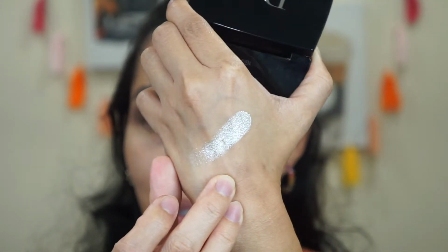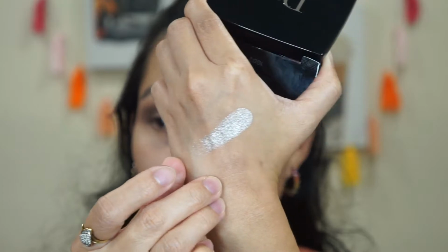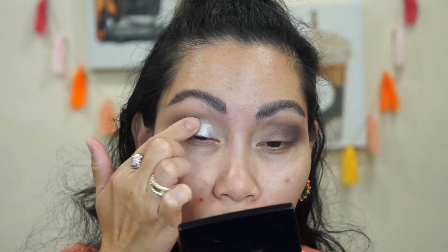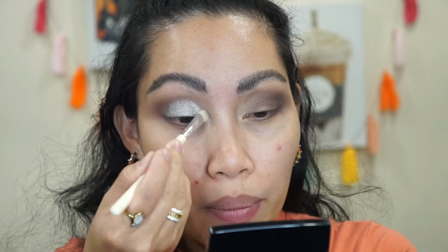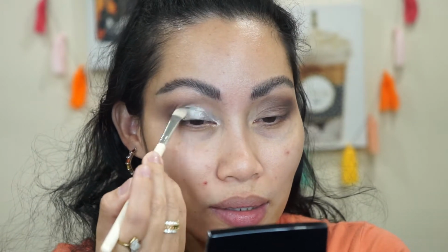Look at that. That is so, oh my god, so finely milled, shiny. Feels really nice. Wow, so I cannot wait to apply this on my lids. So I'm gonna use my finger first. It's what I always do. I'm gonna reapply this silver gray metallic shade with a damp brush, and look at that, with a damp brush. That is so nice. Wow,